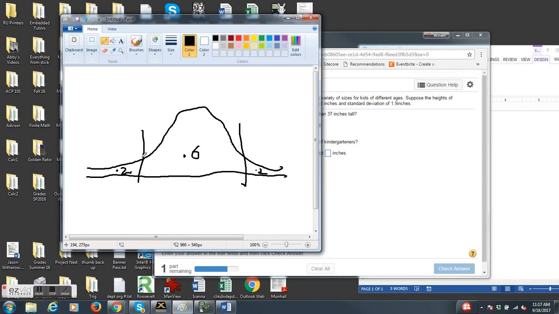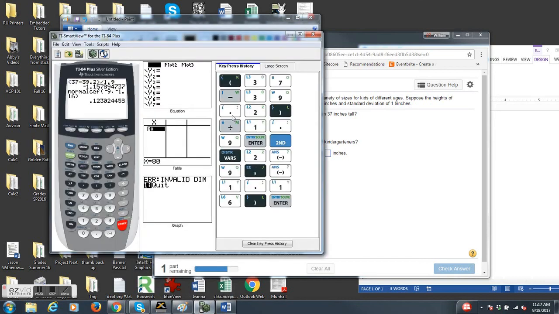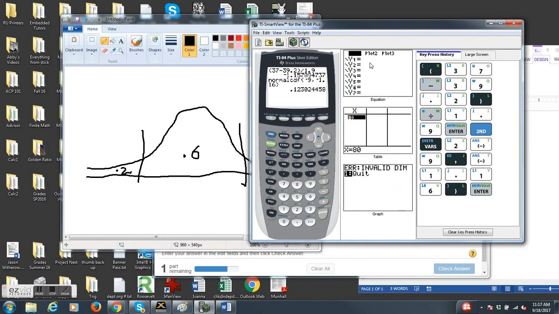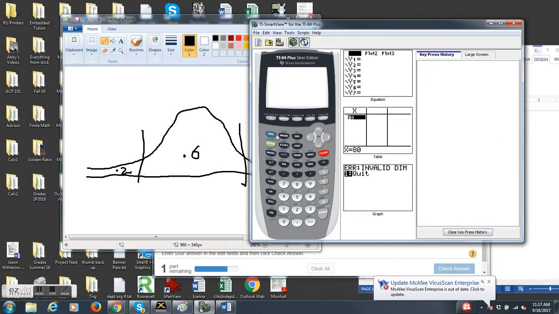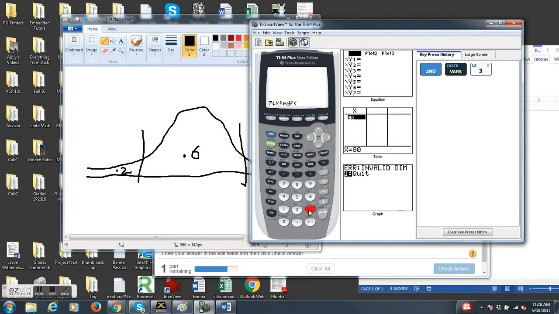To get this z-score, we use the other function, the inverse norm. It's always the area to the left. So I clear this out and go into distribution. I need the inverse norm now, because they're giving me the percent and I want the data. So there's 3. If I put in 0.2,